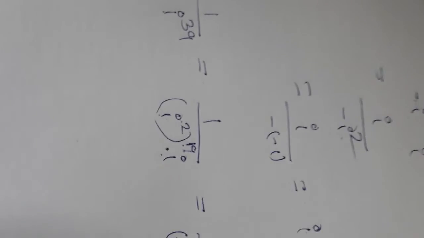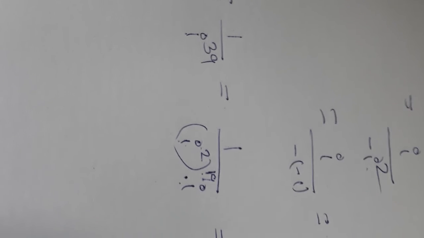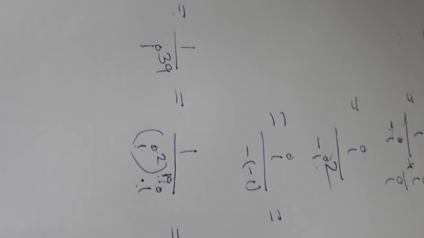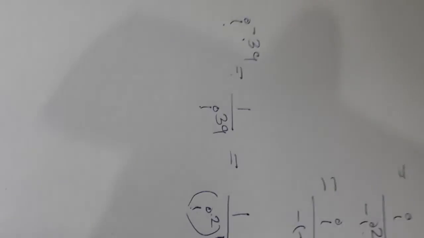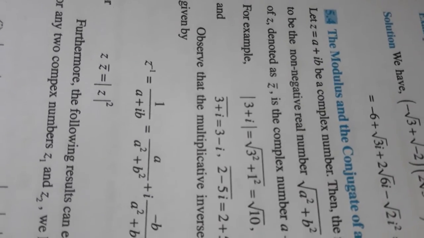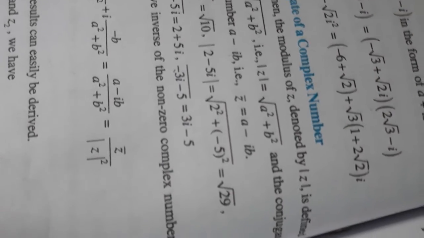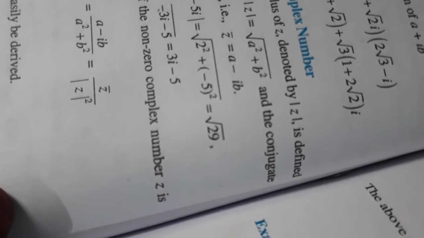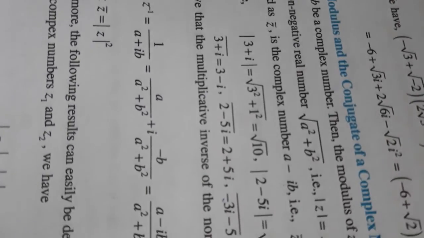Now the next concept that you are going to learn in complex numbers is the modulus and the conjugate of a complex number. Here, let z equal a plus ib be a complex number. Then the modulus of the complex number, which will be denoted by mod of z, is defined to be a non-negative real number